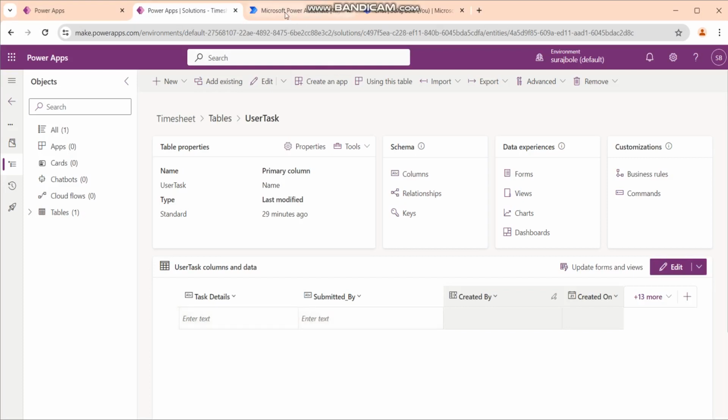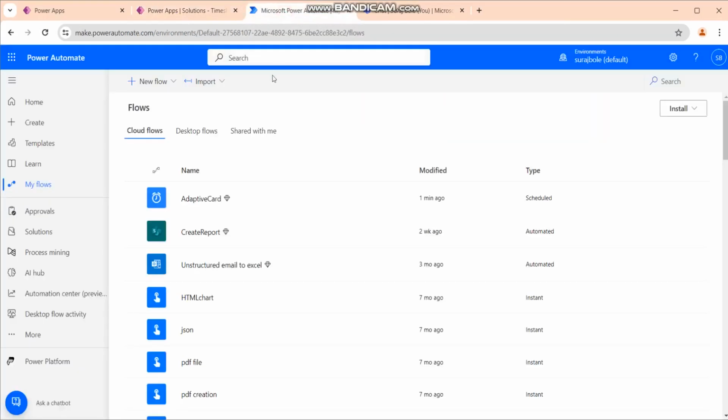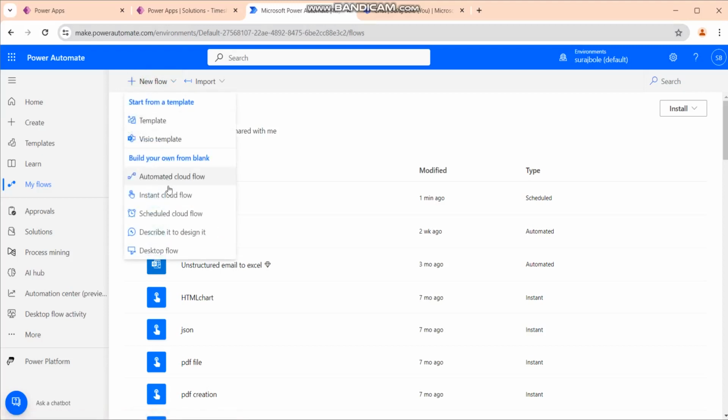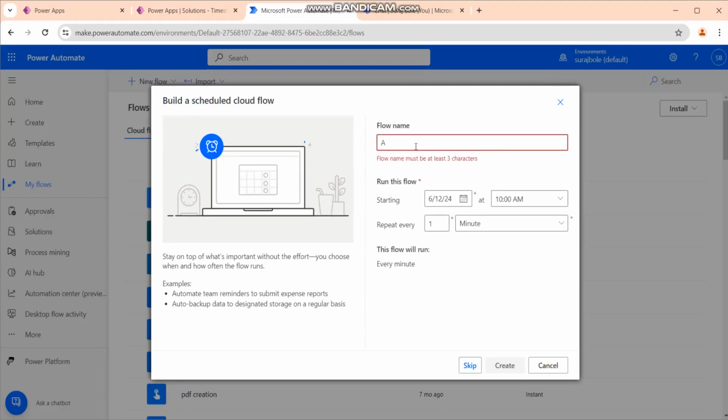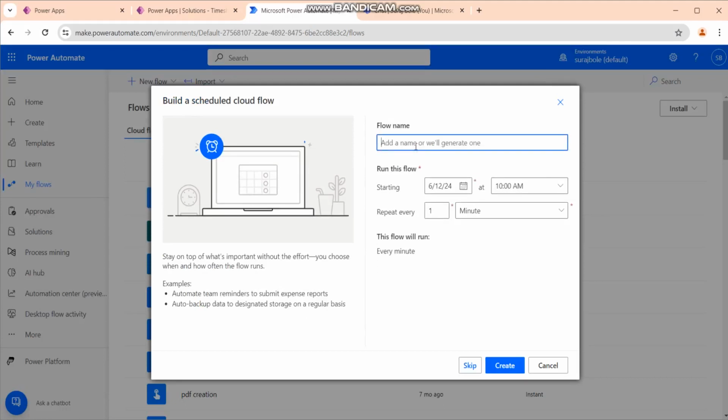Okay, so let's start with the scheduler flow. We'll go to make.powerautomate.com, and we'll create a new flow here, a scheduler flow. First, we'll name the flow like task